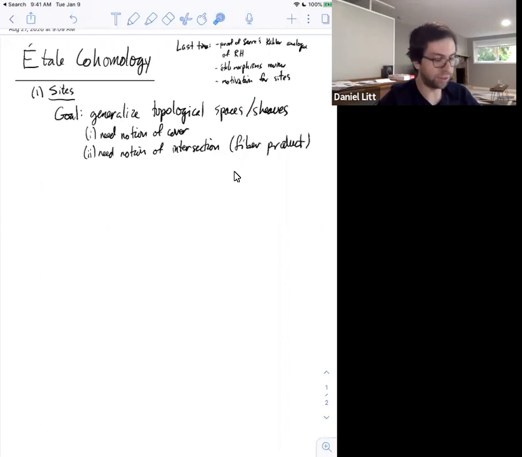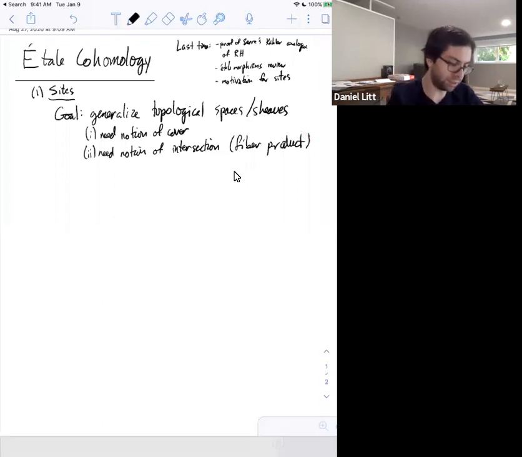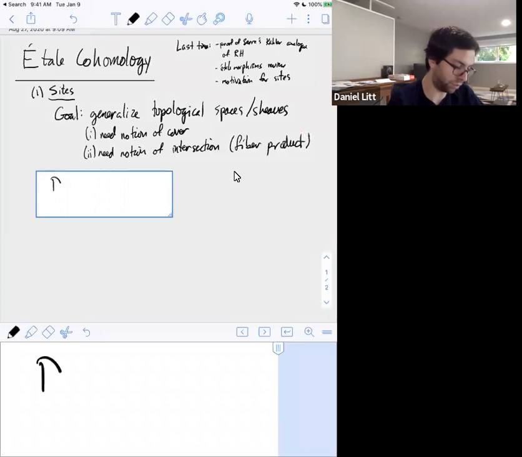in those settings. So what we did last time is we discussed what you need to define a sheaf, and we decided we need a notion of when a bunch of open sets cover an open set, and we need a notion of intersection of open sets, which we said was going to be something like a fiber product. Okay, so with those two things, let me make the actual definition, which we'll be studying and giving many examples